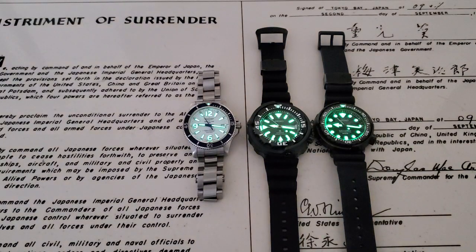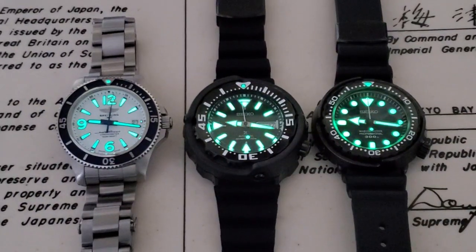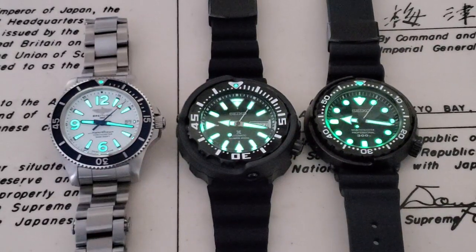So nice lume from all of the watches there, as you guys can see. Get a lot of glow off them. I think that white dial on the Breitling makes it not seem like it's glowing quite as much, but wow, impressive lume. So very cool watch,